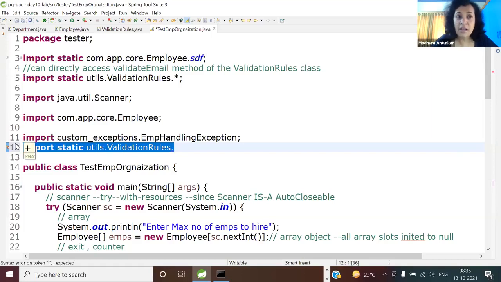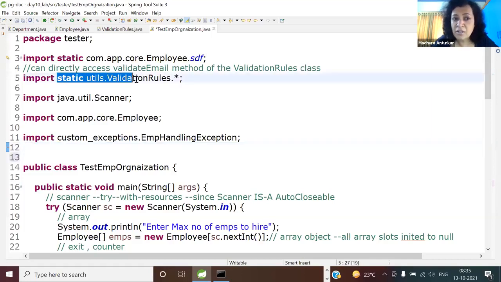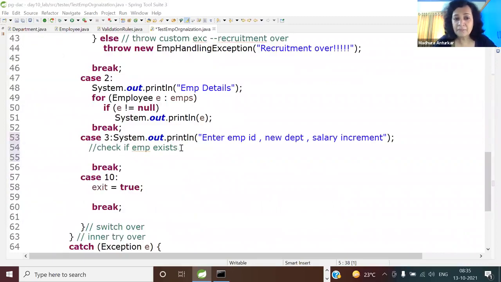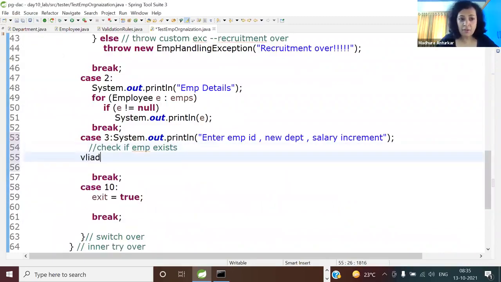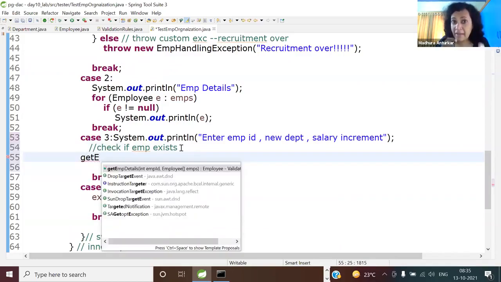Sorry, guys. So here, I have already said import static utils.ValidationRules.*. So what does that star mean? Star means all static methods can be accessed. So our job is already done. So let's try this. Here, which is the method I want to call? Not validate. Get employee details. I just said get and E and I got the prompt. So here,